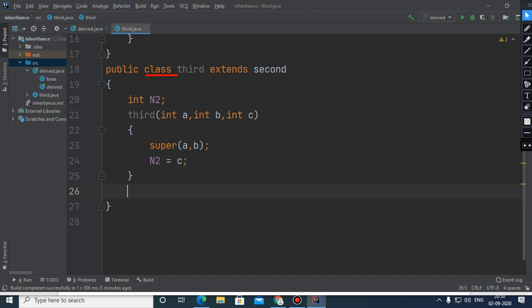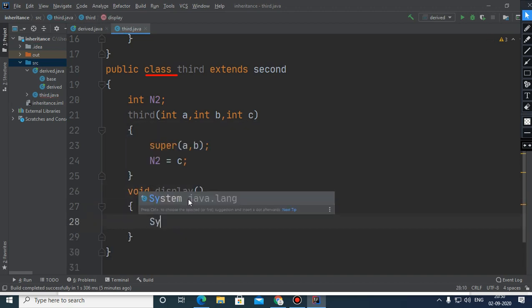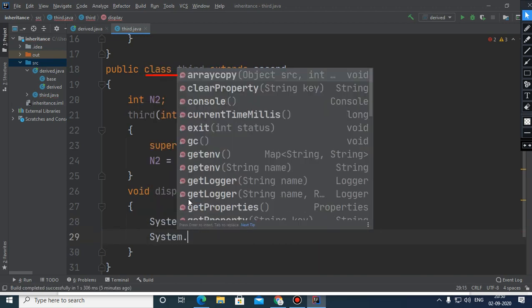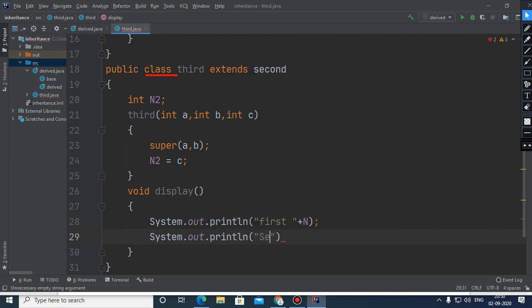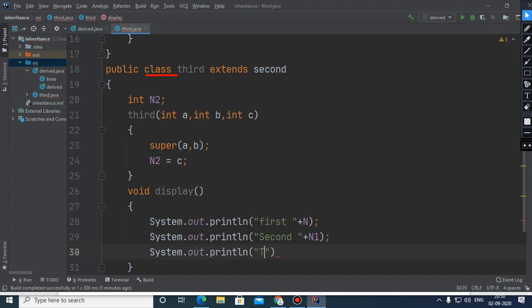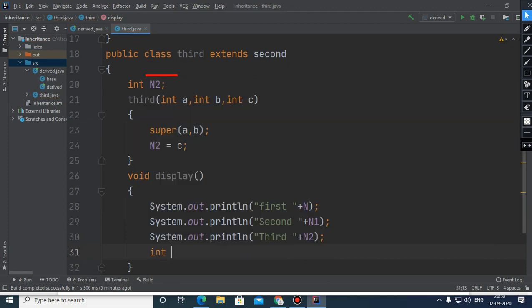And here I'm going to call one of the methods, display, in order to print the first value n, the second value n1, and the third value n2.